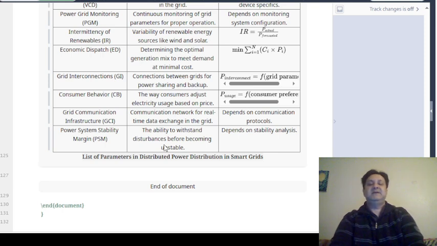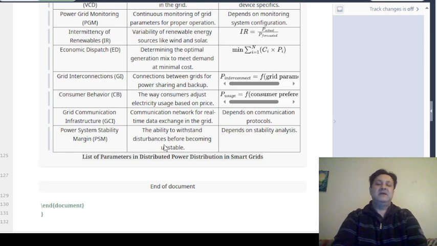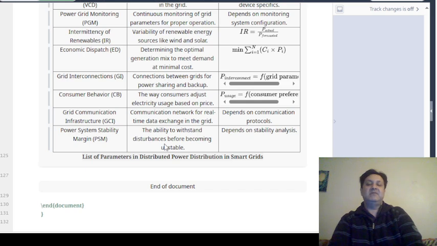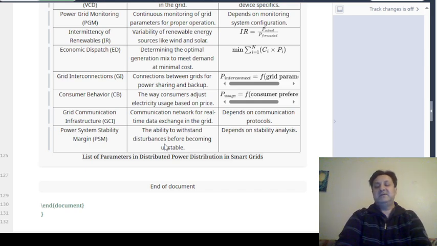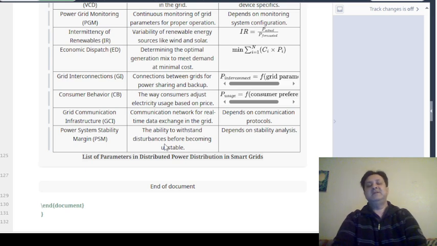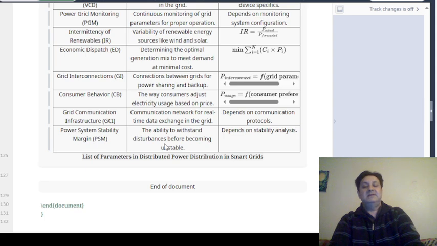If I have some data which is delayed, or it is not ahead of time, and I cannot control it, I can't do automation because I'm getting the wrong information, or the communication network is not in real time. So it's useless. The last thing is the power system stability margin, the ability to